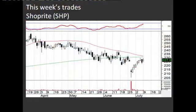So we're still long here. I still like the setup, but I certainly do hope we're not going to give up more of the profits that we see in this trade right now. Yeah, that would be very frustrating indeed. And yet the other trade, which was a long position also in ShopRite, seems to have worked exactly how you wanted it to. Yes, this was a really great little trade, and the kind of trade that really is textbook